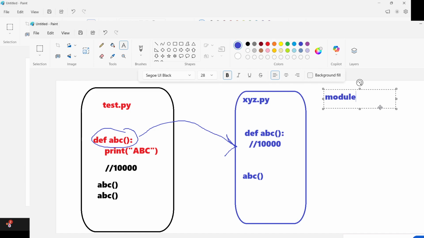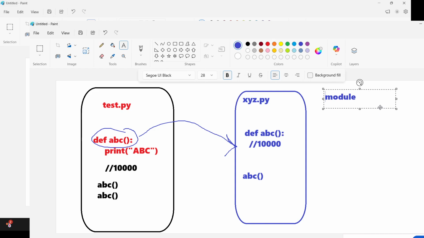Okay, the module concept. There are user-defined modules and built-in modules also. First of all, we'll focus on the module concepts, user-defined, and then we'll go for the built-in. There are n number of built-in modules.